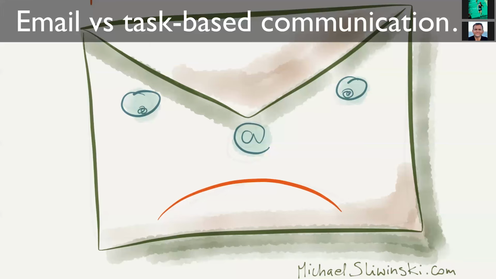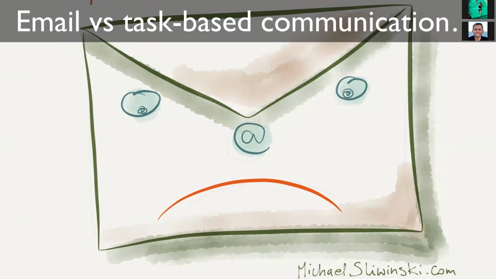So before I start, I want to explain just one of the revelations that we had: in Nozbe, inside our team, we prefer task-based communication. So what we do is we have two different channels of communication. Email is only for the external world, so for everyone else, not for the team. We don't email each other. We actually are banned from emailing each other, because what we do is we communicate through tasks in shared projects in Nozbe. So if you want to email me, my email is michael@nozbe.com.